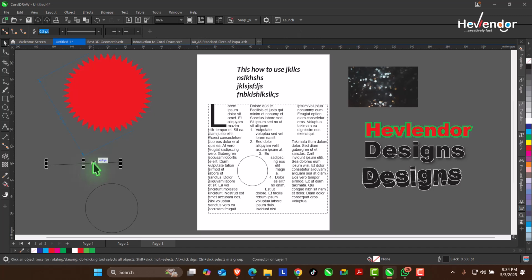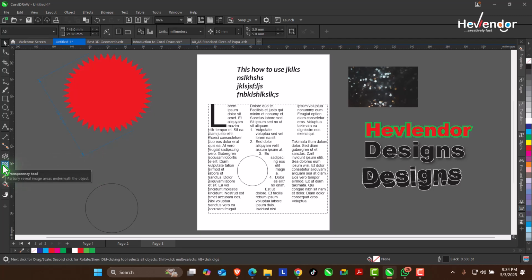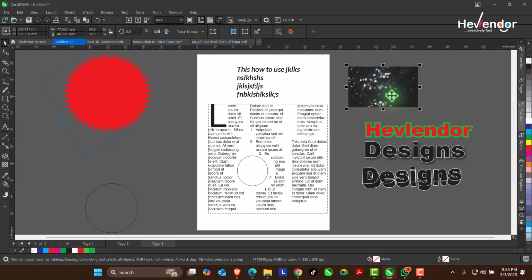Okay, so if you have used it, just let me know. Now this is a very interesting tool, so let's look at this one, the transparency tool. Partial reveal image area underneath the object. All right, so the transparency tool, so I can make use of this